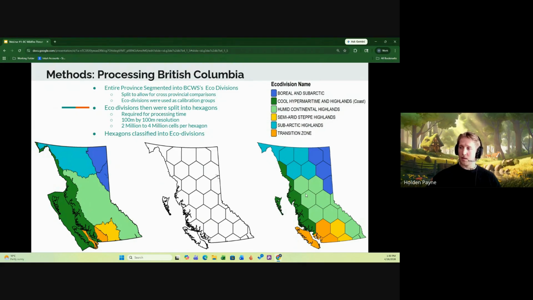And so a hexagon in, let's say, the continental region would have the same fire regime characteristics as all other hexagons in the continental regime, because we would expect fire behavior to generally behave the same in these areas. And the benefit to that is we can test one or two units using the full fire history distribution in these zones, so we do not have to calibrate all of our units, but can test that calibration back on the history data set per eco-division rather than overfitting each unit with its own fire regime characteristics.